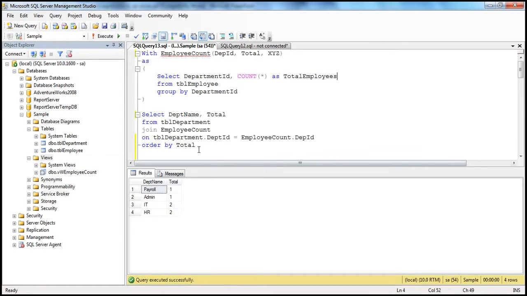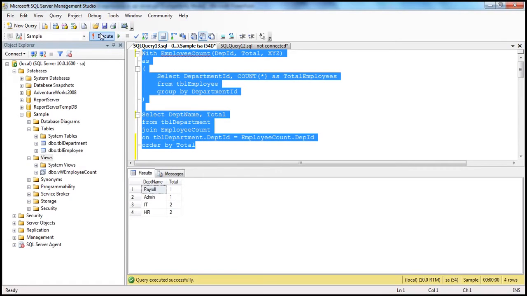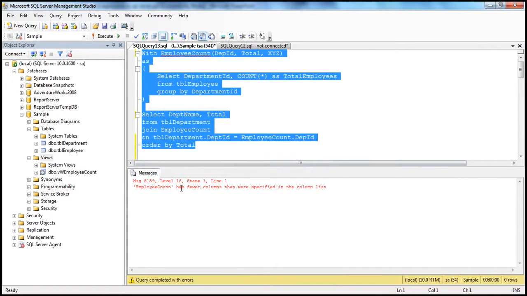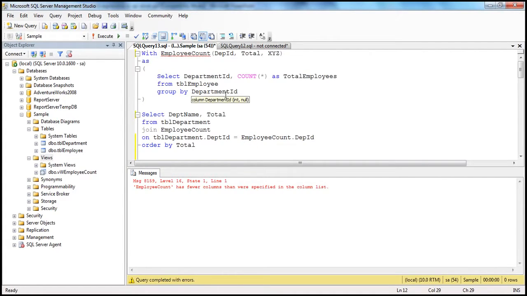So obviously when I try to execute this, it throws an error stating that employee count has fewer columns than were specified in the column list. Obviously that makes sense. So the number of columns that you specify here should match the number of columns returned by the CTE query. Alright,